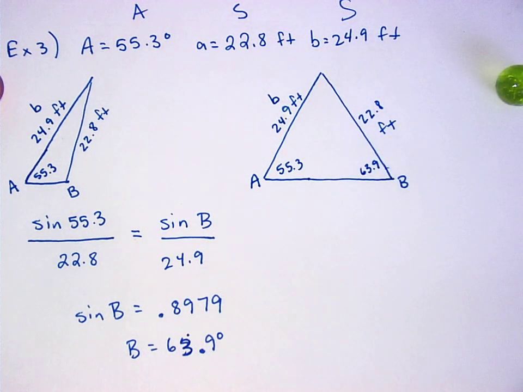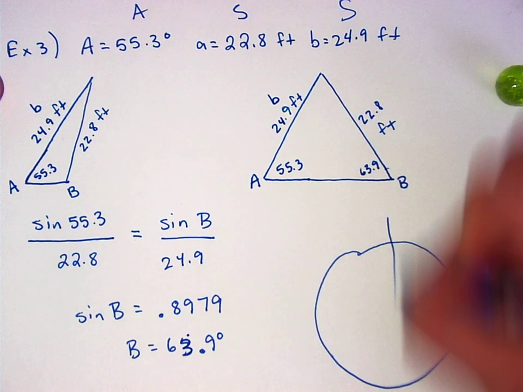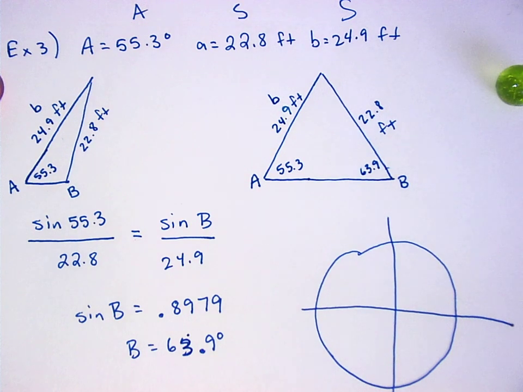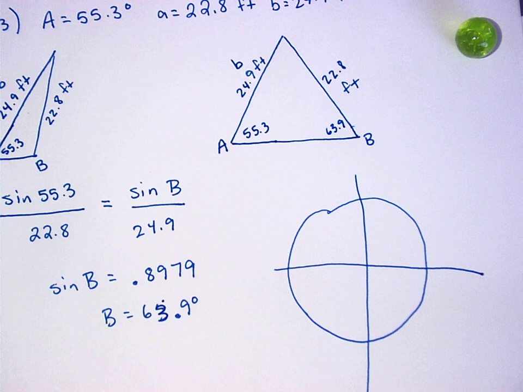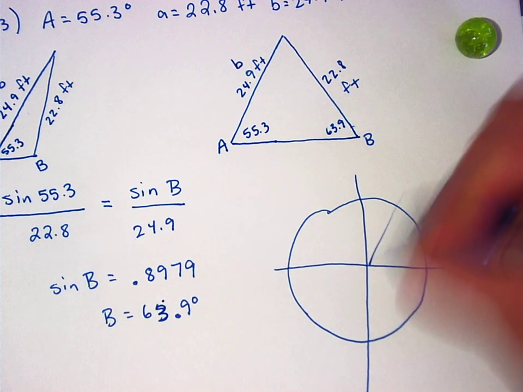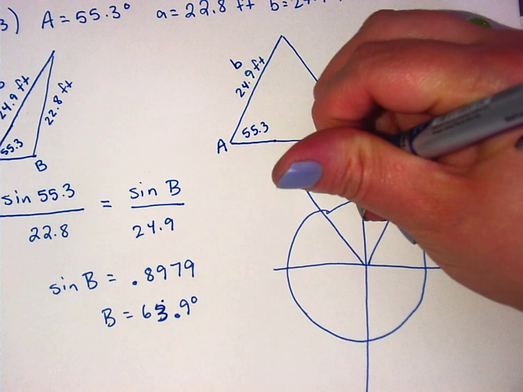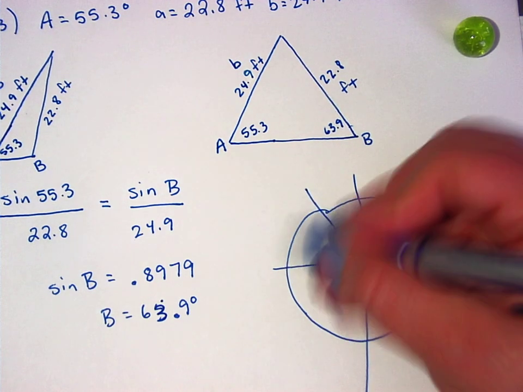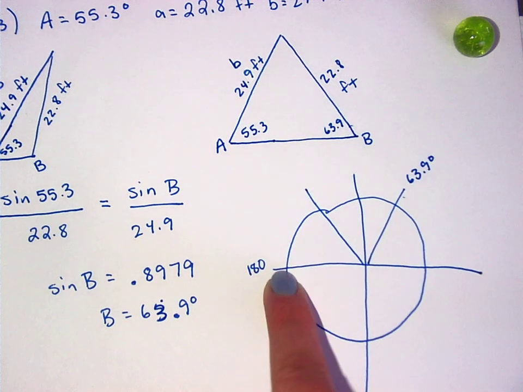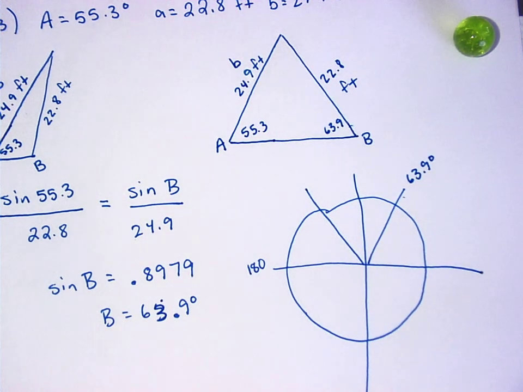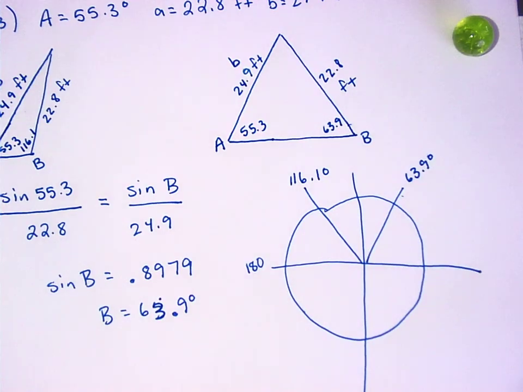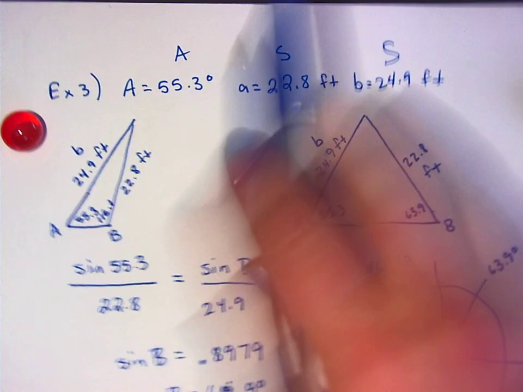Okay. Do you guys remember when we used to do the unit circle? Back a long time ago when we did the unit circle? Whew, that's a beautiful drawing right there. Perfectly symmetrical. Wow, guys, looks so good. Now, if I'm trying to find a place where sine equals this positive number, one of my answers turned out to be 63.9 degrees. Where's the other one? Where's the other positive sine? Quadrant 2, right here. And if this distance is 63.9, that's symmetrical, this distance is. So to find it, I'm going to take 180 minus 63.9. And that equals 116.1 degrees, which is this one. So the only time that you need to worry about this is when you have one that is A